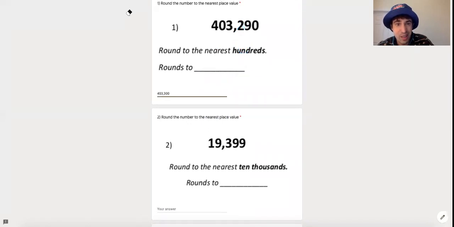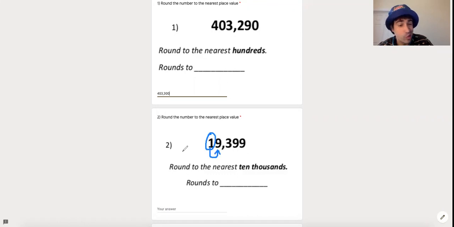For number 2, I've got to erase this up. I'm going to do the same process, but with a different number and rounding to a different place. So here I'm rounding 19,399 to the nearest 10,000s. So I'm going to circle, that's my number in the thousands place. Whoops. I'm going to circle my number in the 10,000s place, which is the 1 in the 10,000s, and draw an arrow to